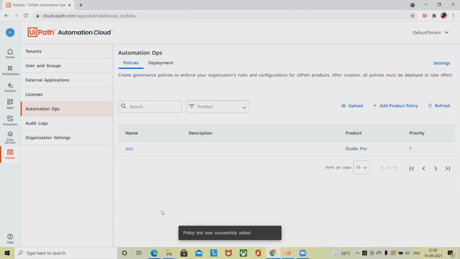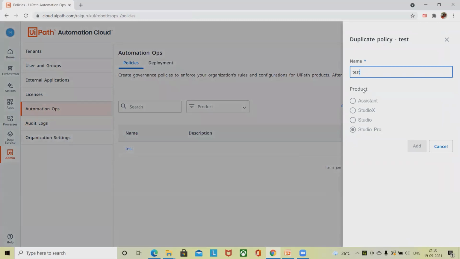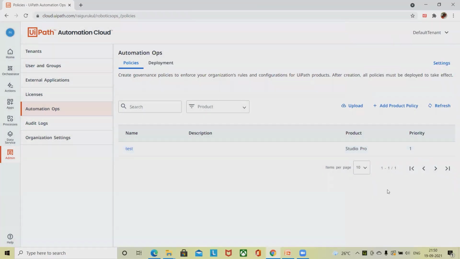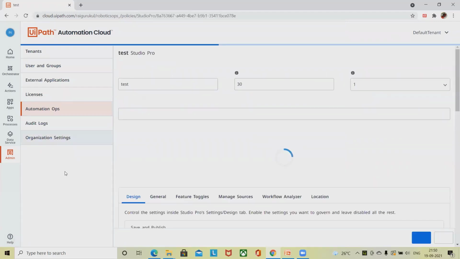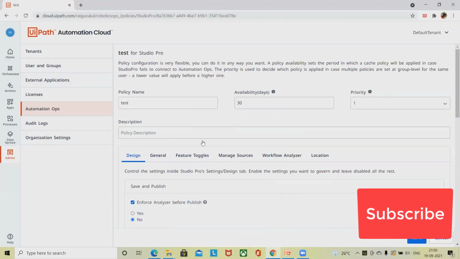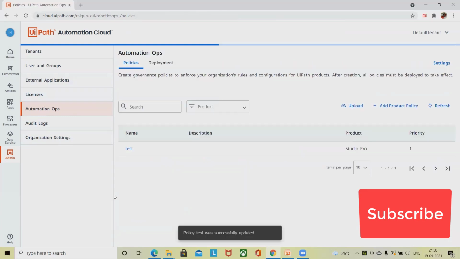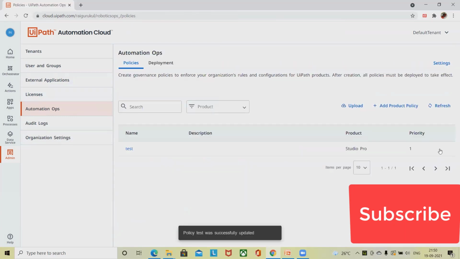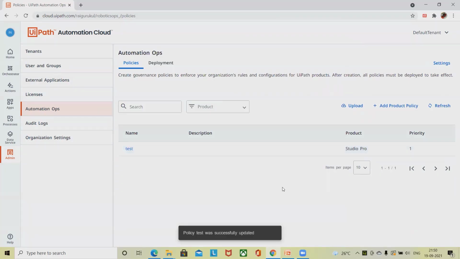Now, if you have multiple sections where you want to make changes or edit, or if you want to make a duplicate, simply click on this and add the different sections, and the duplicate item will be created for you. If you want to edit any section, you can do it at any point of time. Simply click on the pencil icon, make the changes and click on save. Your item will be saved permanently. If you want to delete the sections, you can delete them from here as well.